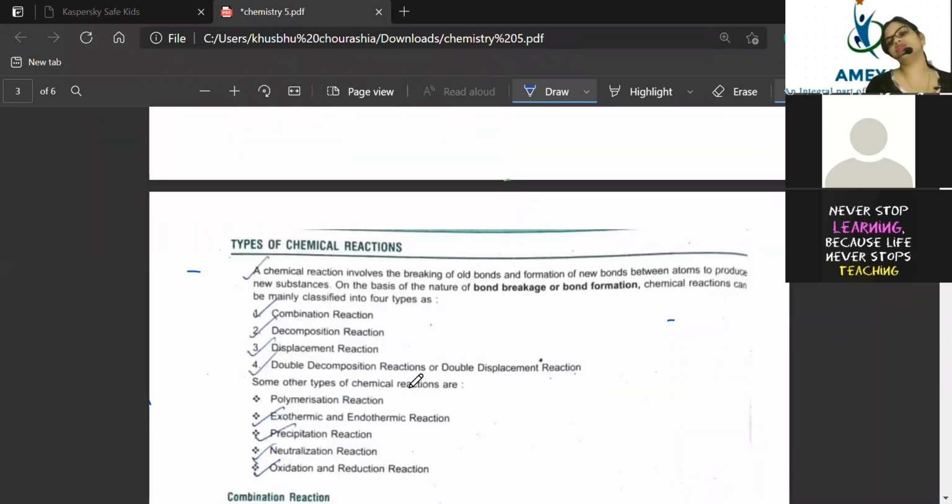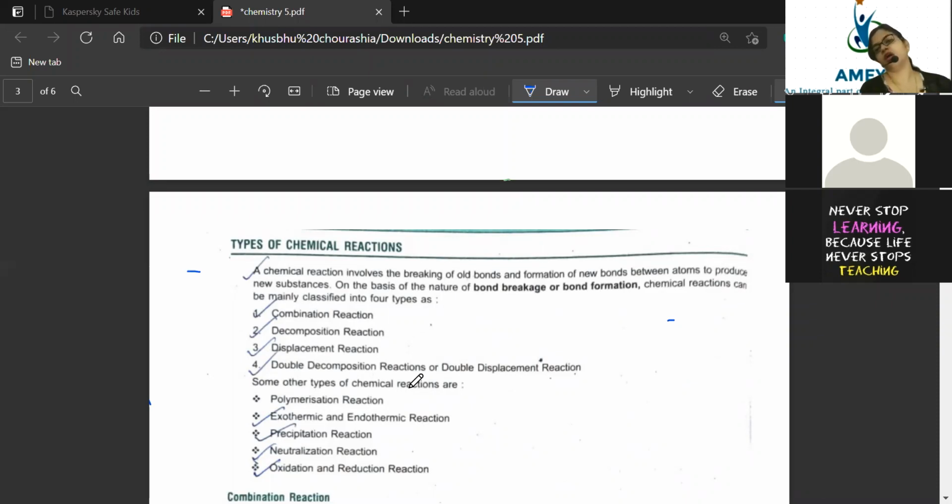Okay, now decomposition reaction. Decomposition reaction means where the reactant is broken into two or more products by using either catalyst or heat or electricity. So this decomposition reaction uses three important things, that are sunlight, heat, and electricity. Thermal comes under heat, beta. Very good, Kamya. So sunlight, heat, and electricity. And by using these three, we do what you call decomposition reaction.